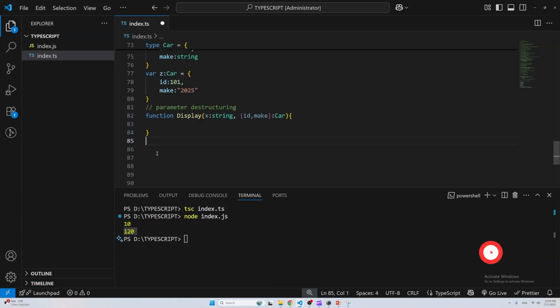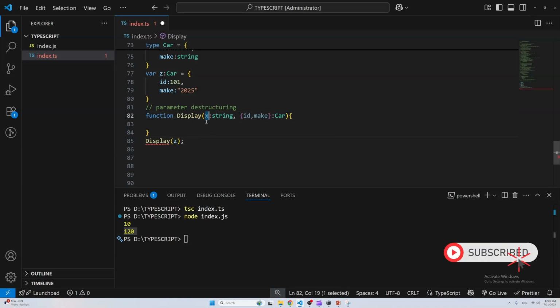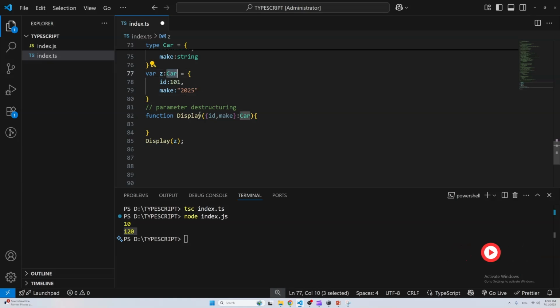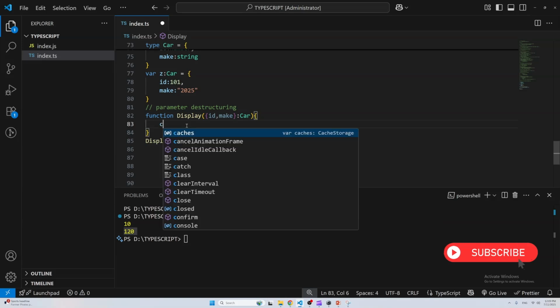So let me call this display method over here, right? And I'll pass z as a parameter to it. And the first, let's say we don't have any first parameter, right? So I'm passing z as a parameter to it. So you can see that the parameter is of type car, right? And our variable is also of type car only. And what we are doing, we are destructuring it from here. This is another way. And then if I console log it,